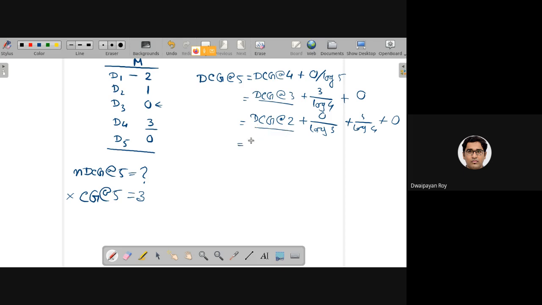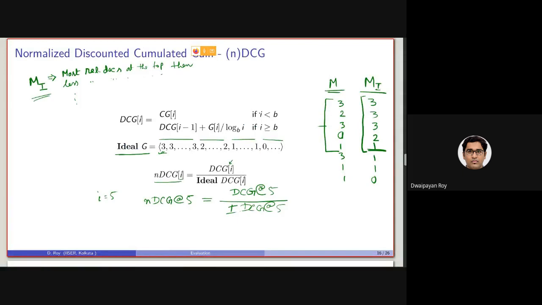Now DCG at 2 means this location. So it is basically CG at 1 plus, so as we have defined this, we are at location 2 here. So 2 is greater or equals to the base we are considering.